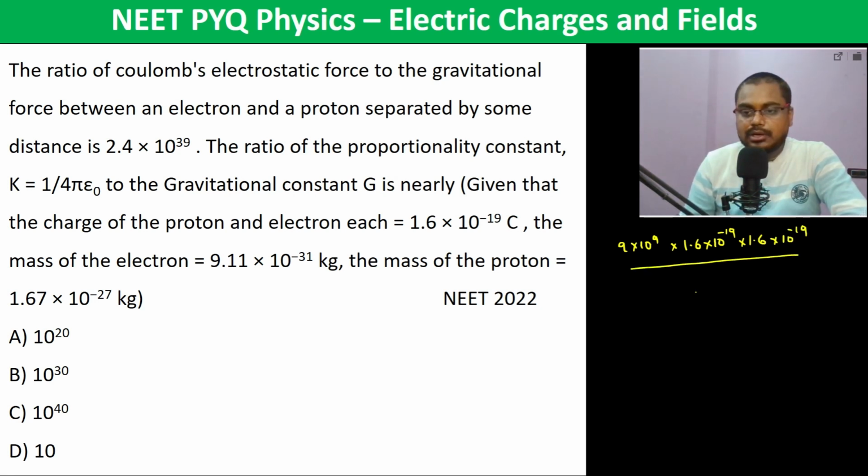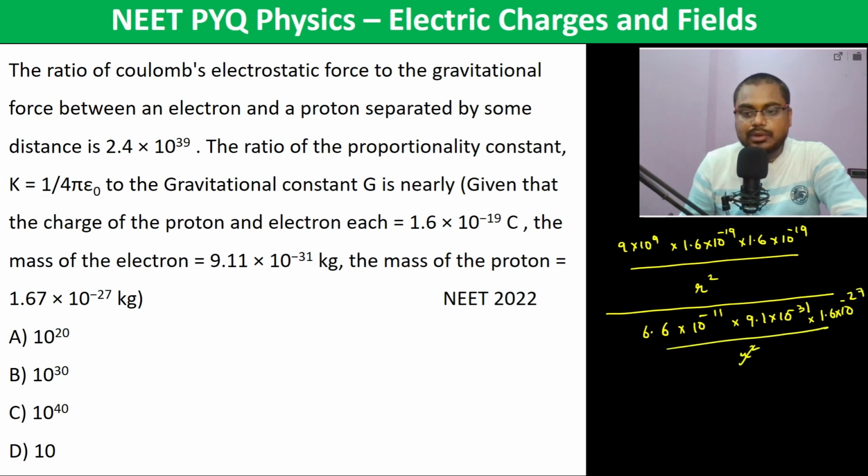divided by r square, and then again divided by G m1 m2. So 6.6 into 10 to the power minus 11 into mass 9.1 into 10 to the power minus 31 into this mass 1.6 into 10 to the power minus 27 divided by r square. r square is gone. So this becomes 1.6 is gone, 9.1 and 9.9 is almost gone. So 1.6 divided by 6.6 into 10 to the power